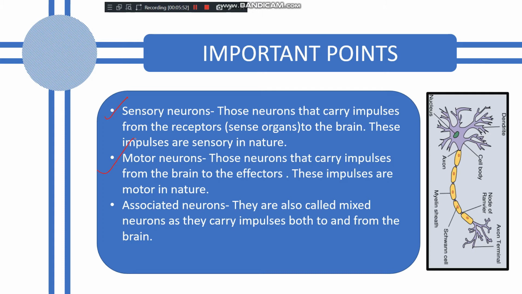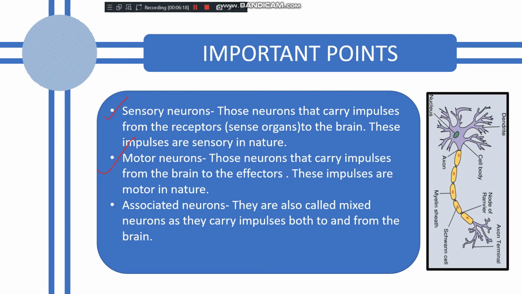The second type of neuron is called the motor neuron. Those neurons that carry the impulses from the brain or the spinal cord to the effectors. Effectors, as I explained to you, can be a muscle or a gland. So whatever message is received by the brain or spinal cord is carried to the effector by the